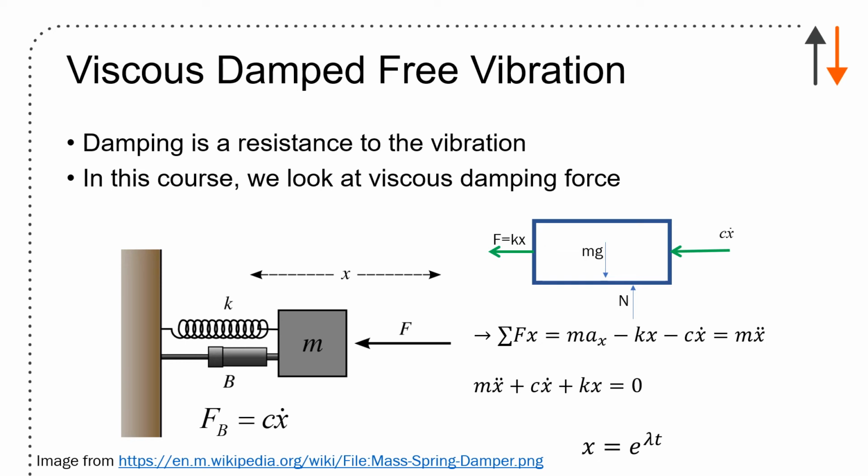I have Cx in the other as well, and I should draw that in the same direction. So it's minus Kx minus Cx dot. If I add up all of the terms here, they equal 0. And if they all equal 0, I have mx double dot, x dot and x,